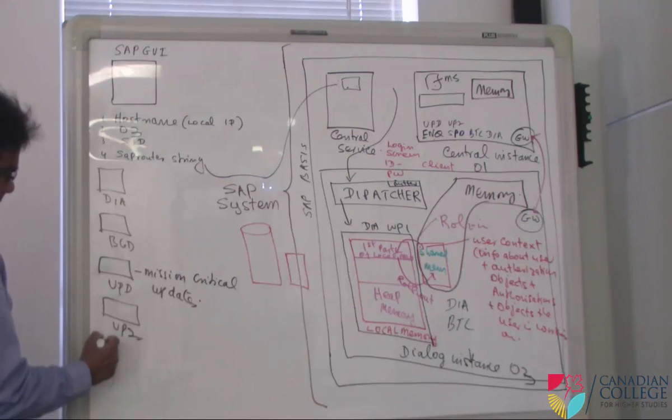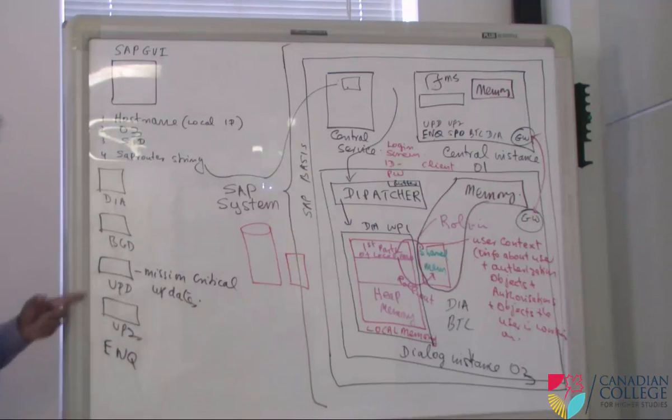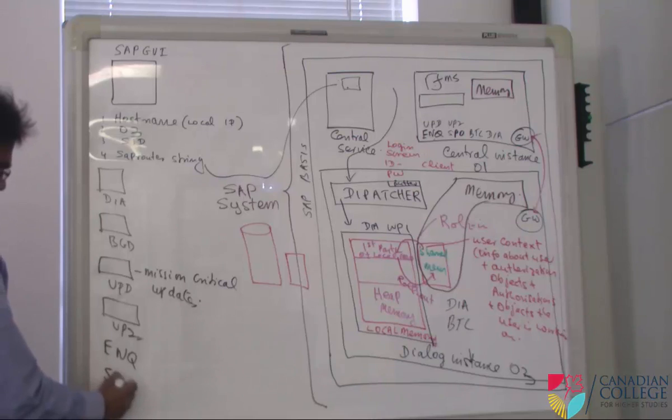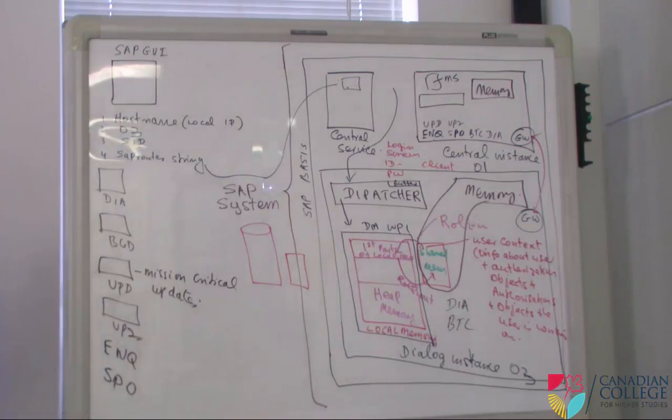Then we have the NQ work process. Before I do any update of a record, I have to lock the record. So the NQ work process helps me lock the record. Then apart from that, what else? Tell me. Spool work process. The spool work process helps with the printer spools and all, right? If I'm using an SAP system as a print server, then I have to have more than one spool server, right? Otherwise,